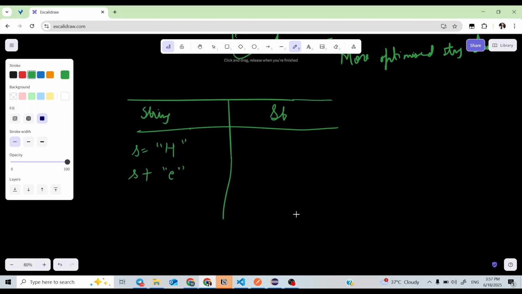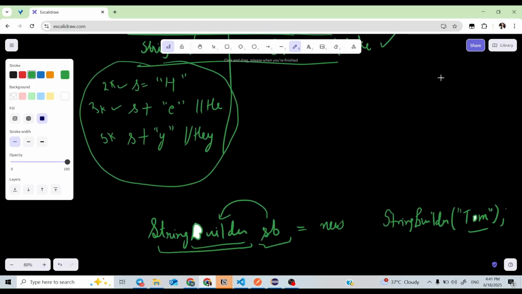So in string, a new string he will be made in some new memory location. This is 2k, and the new string will be made at a new memory location, this 3k. After that I make another change, suppose I add y, so a new string will be made at a new memory location, 5k. You can see that any change I make, a new string is getting made. So this is not optimized, because it will take more memory in the heap.